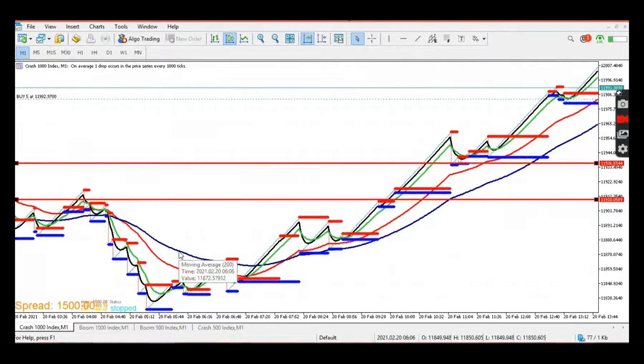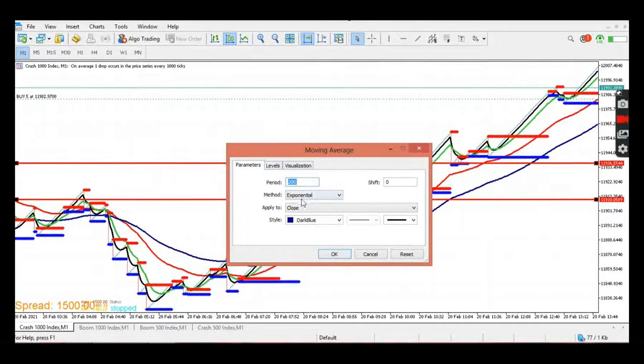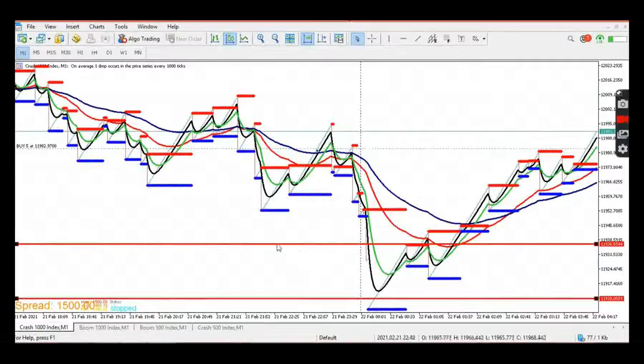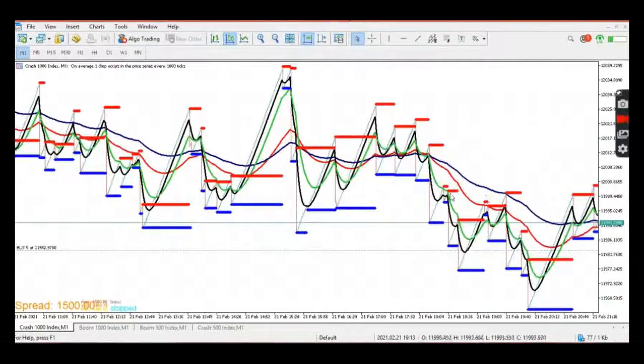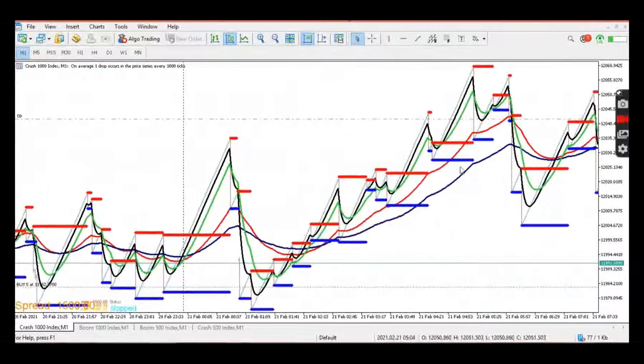So you are using the 200 moving average, and the settings are what you see: parameters, period 200, method exponential, apply to close, style blue, line width number 3, or anything you put is different on you. So this 200 moving average is for when you are a long-term trader, or I should say a swing trader. If you want to swing, you just use that 200 moving average to determine your uptrend and downtrend. And the last and the most efficient step is